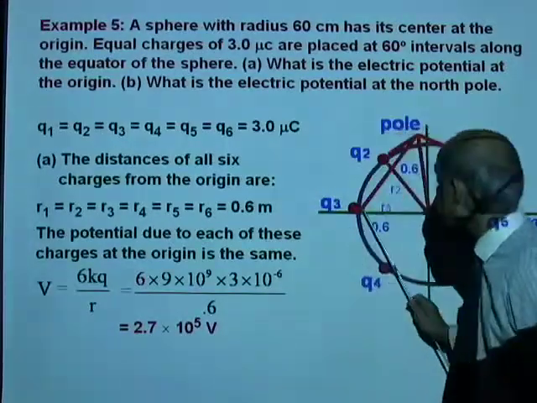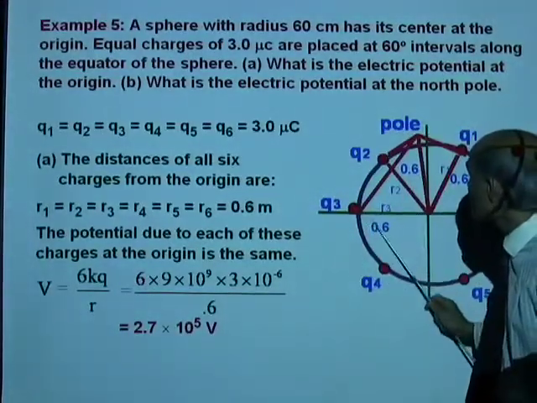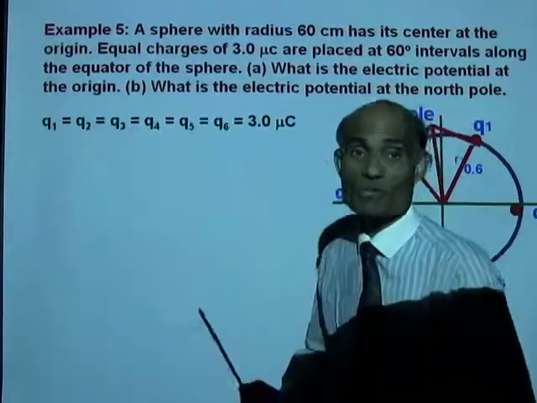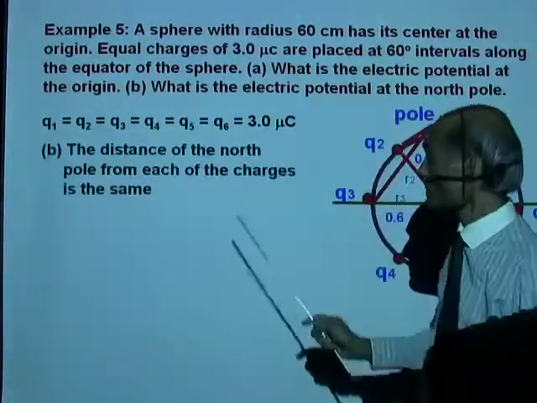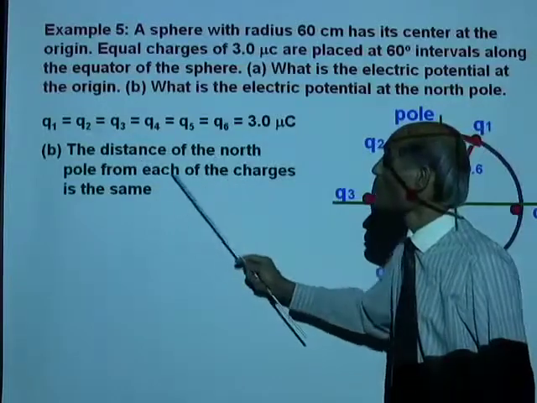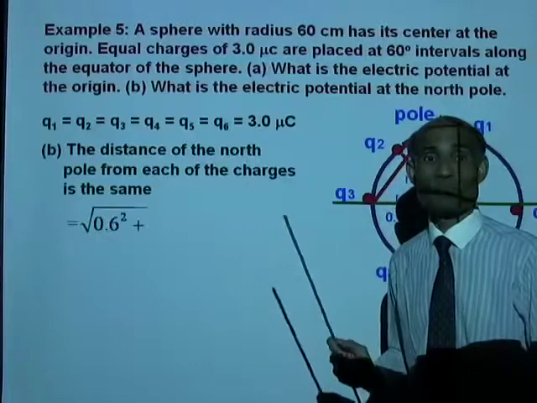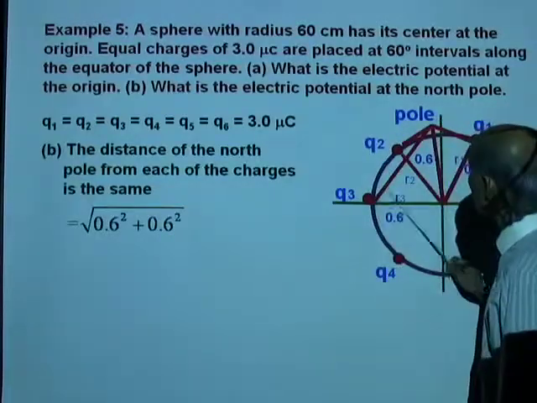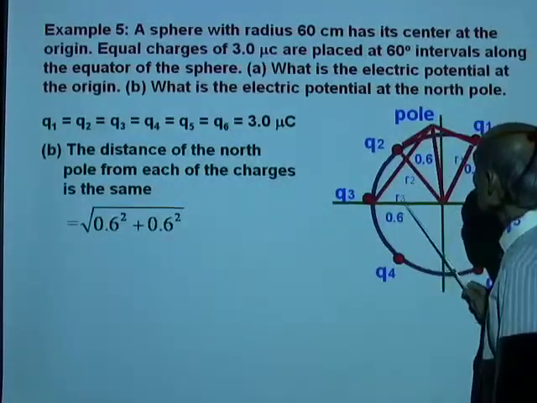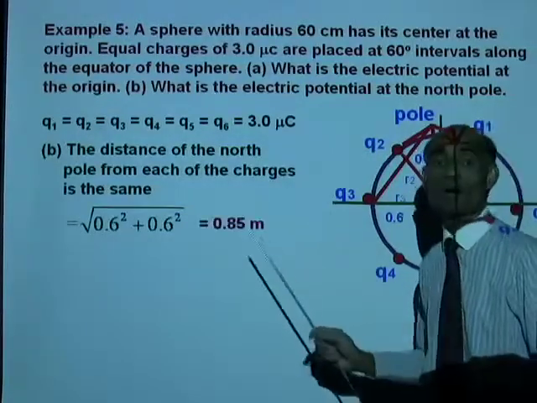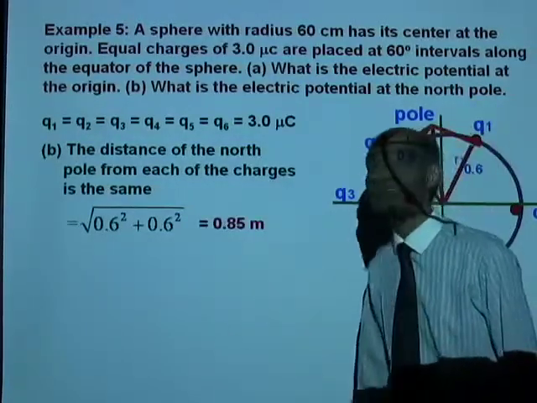That will be square root of 0.6 squared plus 0.6 squared. I hope you got the picture there. The distance of the North Pole from each of the charges is the same. And that will be this distance, square root of 0.6 squared plus 0.6 squared, that is 0.85